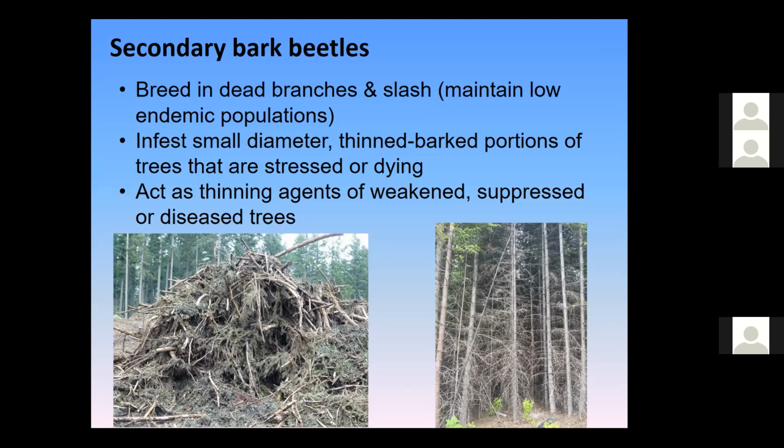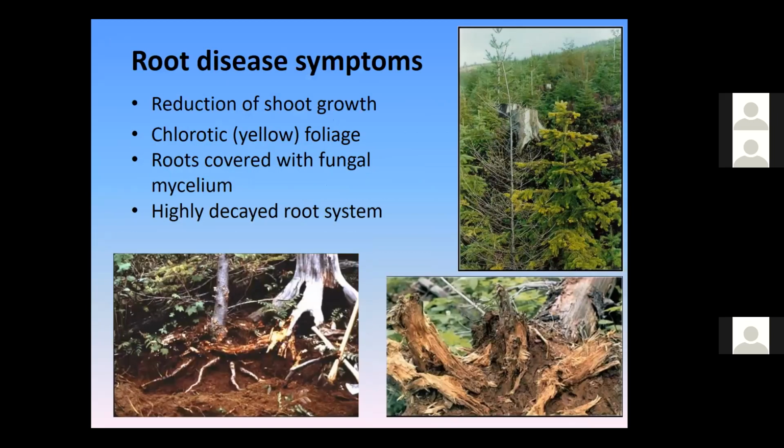But when we get drought events and you get a massive amount of this kind of slash or recently killed trees, then the combination of drought and a big beetle population can cause some more of that top kill and branch dieback. But if you have a stand like the one in the lower right, where there's a lot of competition and some of these smaller trees are dying because they get no sun, you shouldn't be surprised to see these bark beetles active in there, or root diseases as well. And speaking of which,